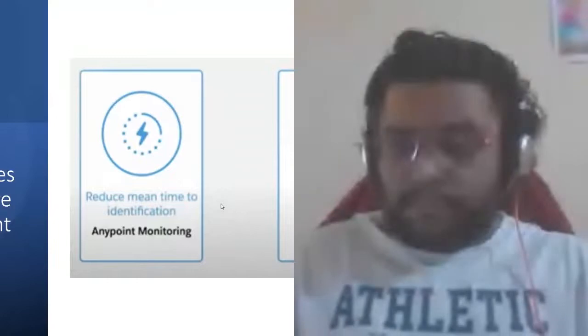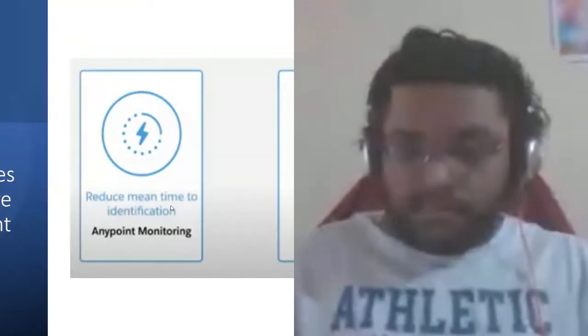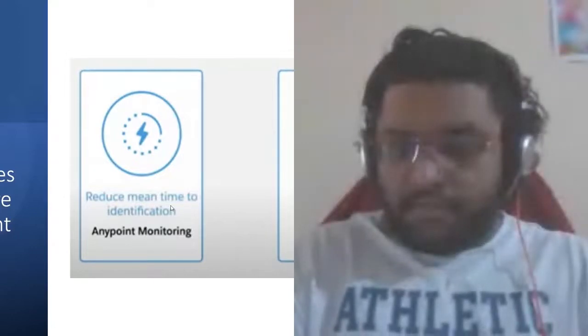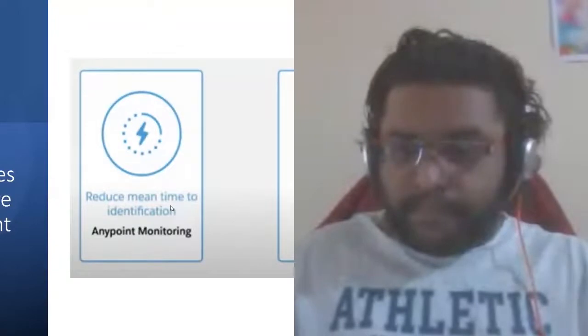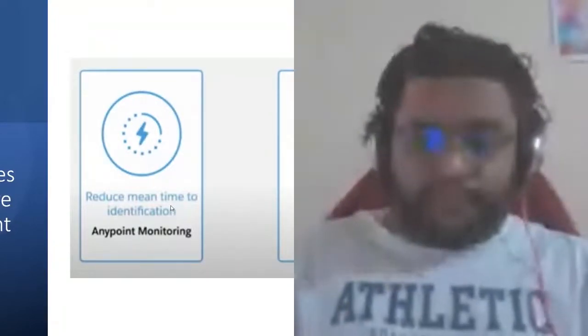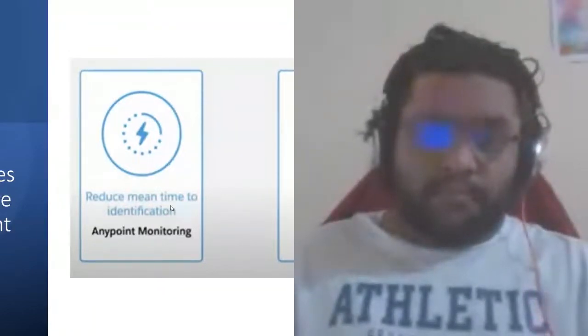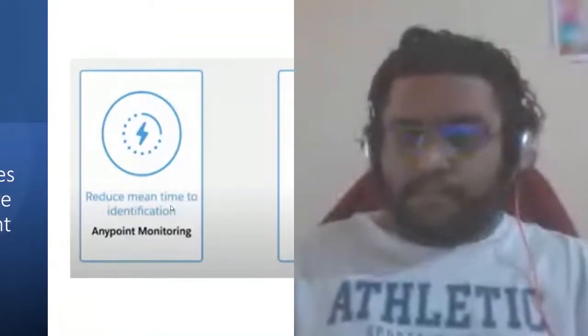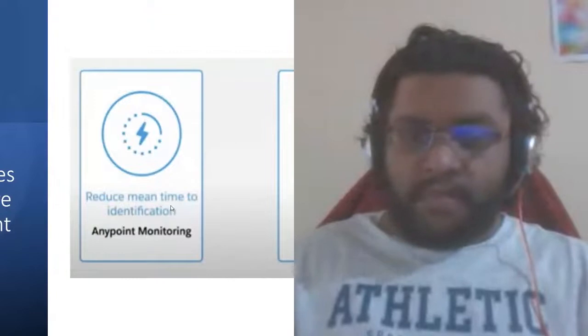Now, this helps in a way that it reduces the mean time for identification. Consider some error has occurred. So you go into the CloudHub logs, checking particular logs for what has failed. Now imagine you can get an auto-generated log that you can filter on the basis of any error, or even at a very granular level, like what connector had failed. These things really help reduce the mean time to identify the issue, and like we say, an issue identified earlier can be addressed as soon as possible. So this helps in those terms as well.